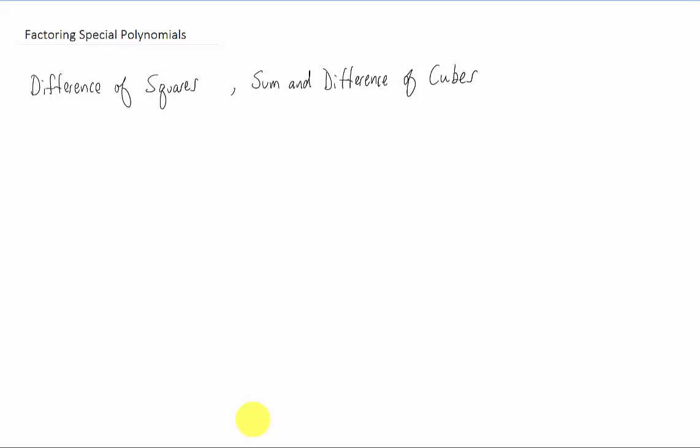To finish up our discussion on factoring, I want to talk about a couple of special polynomials. In this video, we're going to focus on the difference of squares and the sum and difference of cubes. We're going to start with a difference of squares, and I want to start this discussion by multiplying out these